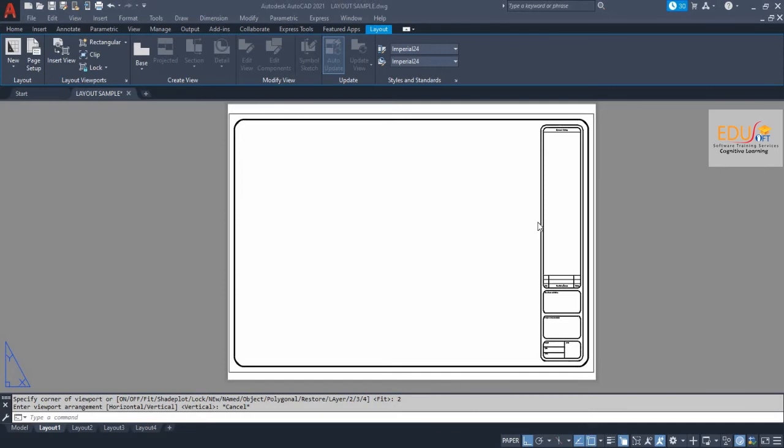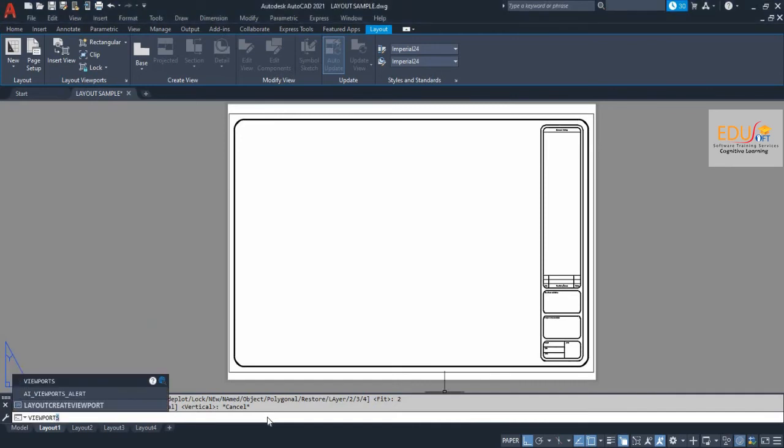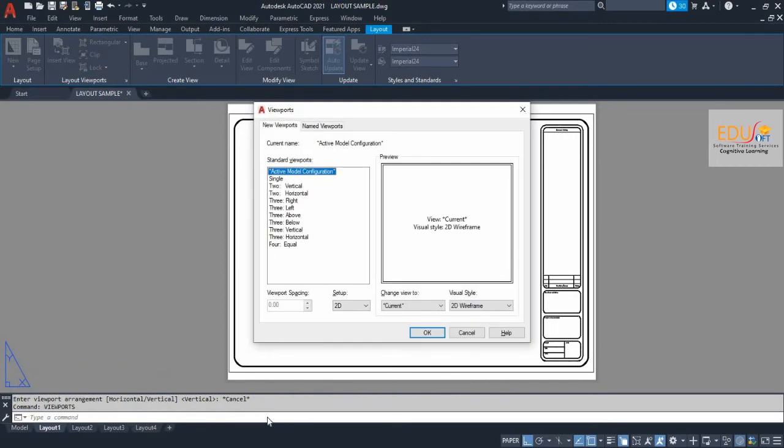viewports. To create a new viewport, use the viewport command. To choose from a variety of standard viewports, including single, 2, 3, etc. in various orientations.